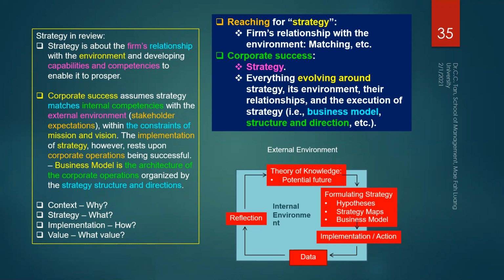So if you want to know what strategy you would like, well, go and figure it out. What kind of strategy, what kind of relationship do you want with your environment? You want a relationship to be a luxurious strategy, you want an intimate relationship, you want an isolated relationship, you want a detached relationship, different kinds of relationship, and matching your competency with the environment's requirements and needs. That is another relationship requirement.